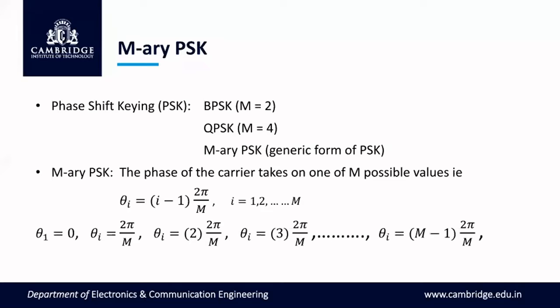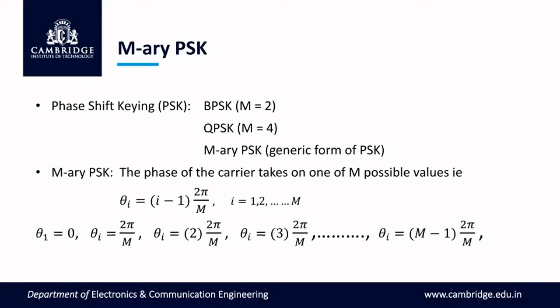In M-ary PSK, the number of digital symbols available at the information source is M. All these M symbols are represented by M number of phase values of the carrier signal. So for the carrier signal, we have to choose M number of different phase values. And all these M different phase values should be equidistant from each other. That means the difference between two consecutive phases must be a fixed value.